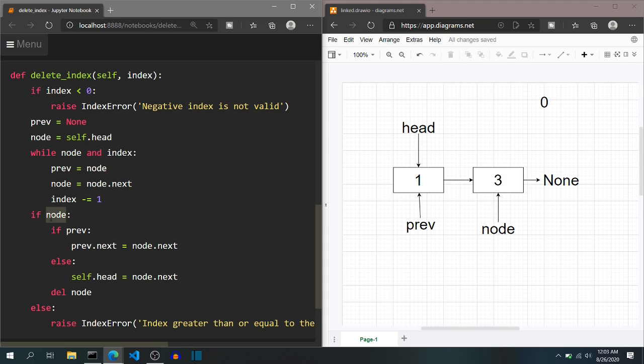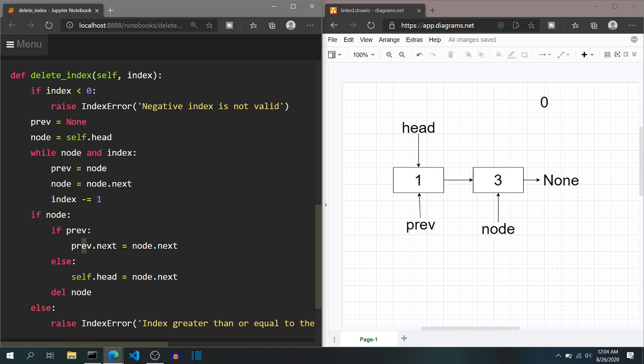It will go over here, it will check if node is not None, yes node is not None, so it will enter here. If previous, so previous pointer is there. As you can see, it is exactly the same as the non-boundary condition, even though the node to be deleted is present at the end of the list, because we are just considering that the node to be deleted should have a node previous to that, and we don't care about the node after that.